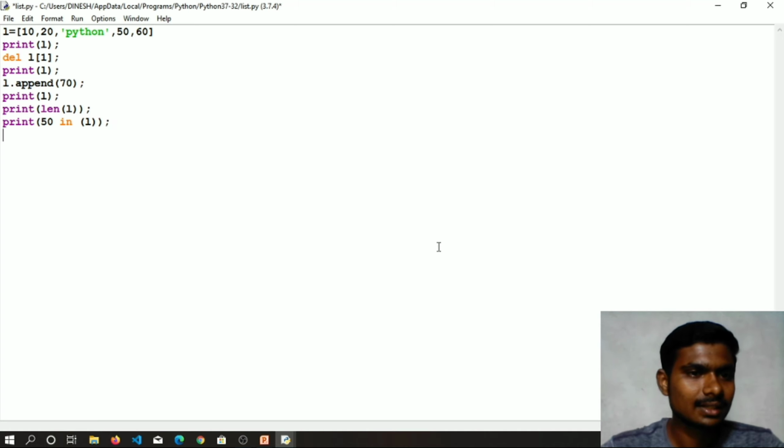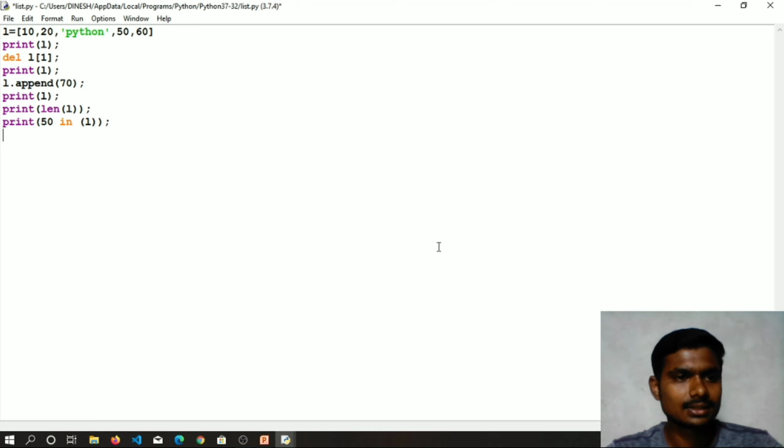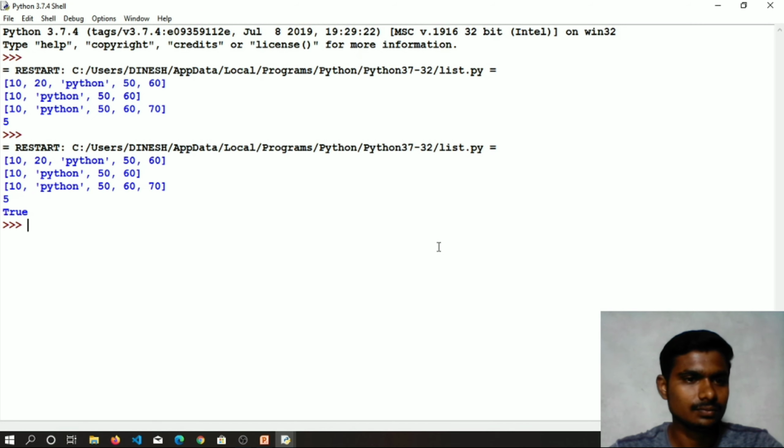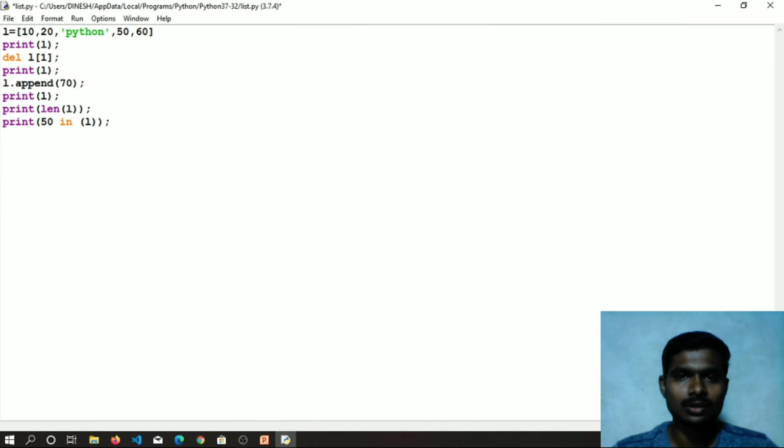If 50 is present in our list, it will return true, and if 50 is not present in our list, it will return false. So let's see what happens. See, this has returned true. 50 is present over here. So these were some operations on list.